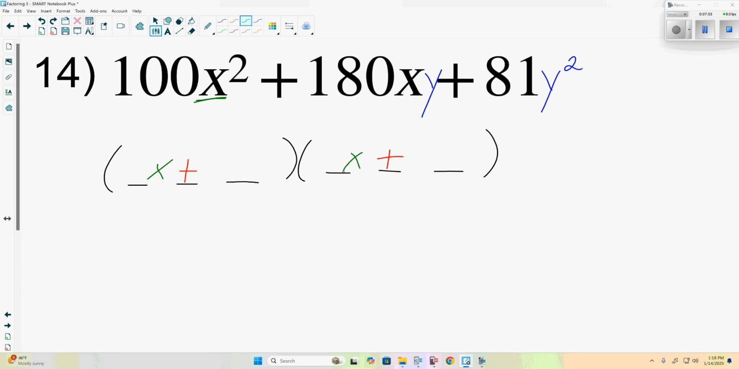X and x. Our third term has y squared, so y and y. Since x was in the first term, it goes in the first spot. Y was in the third term, it goes in the third spot. Now for our first term,